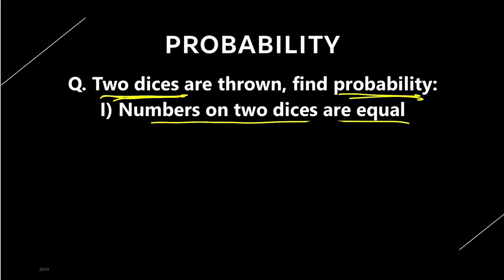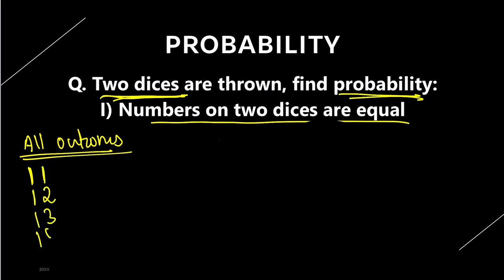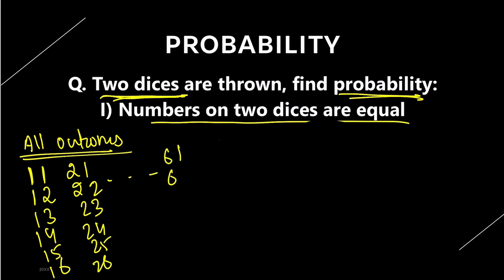Now, in our case, 2 dice are thrown. So all the outcomes that are possible are: 1 coming on the first dice, 1 on the second dice; 1, 2; 1, 3; 1, 4; 1, 5; 1, 6; 2, 1; 2, 2; 2, 3; 2, 4; 2, 5; 2, 6; and so on, 6, 1; 6, 2; 6, 3; 6, 4; 6, 5; and 6, 6. So whenever the dice are thrown, a total of 36